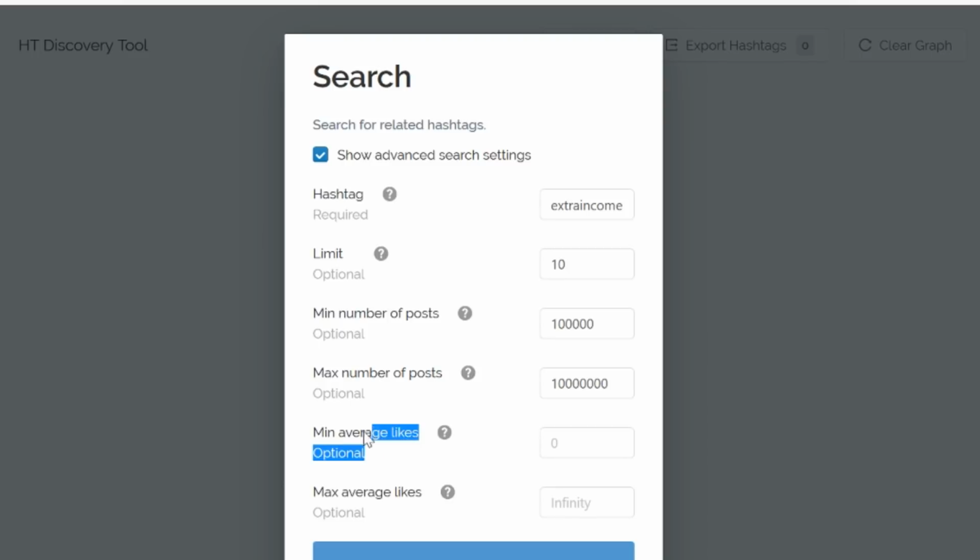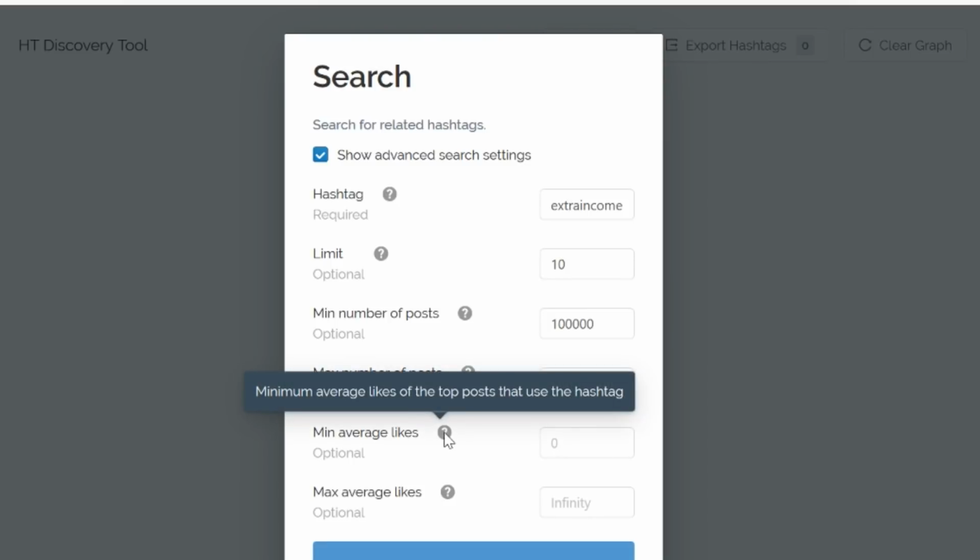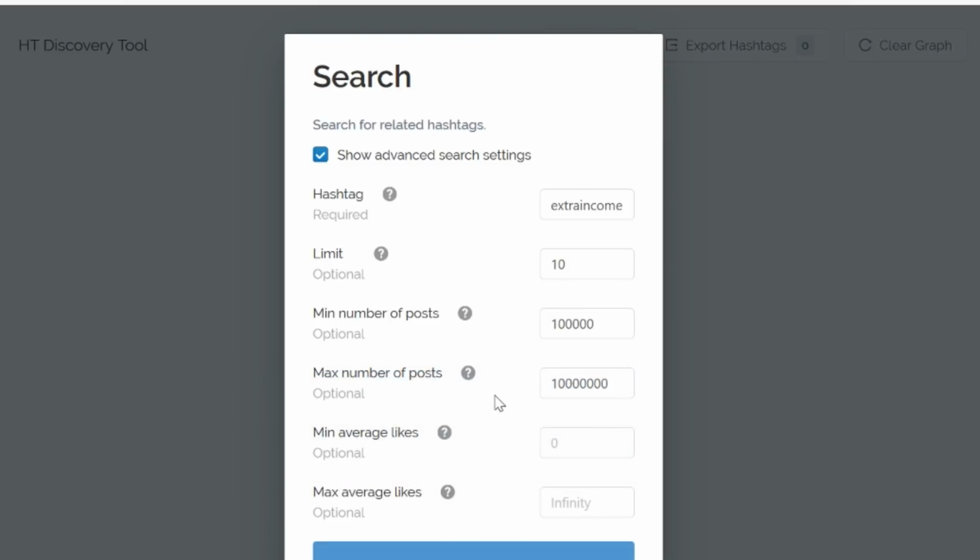The reason is because below here you can filter hashtags by the average likes on the ranked top posts. So if we take me as an example, I get 600 likes in the first hours of my post and up to 1,000 likes. So then I would choose around 400 to 800 and write that in. So anything between 400 and 800 I should be able to rank for in those first hours.